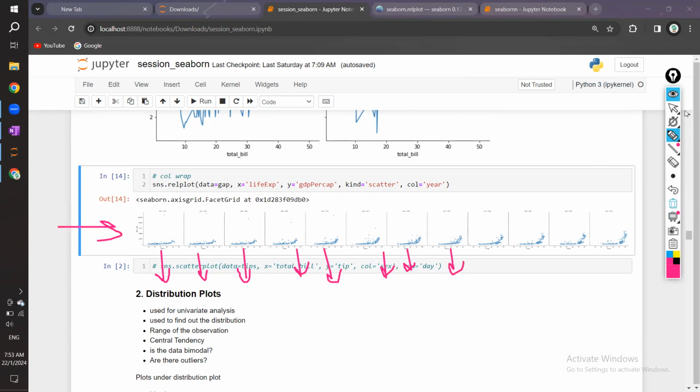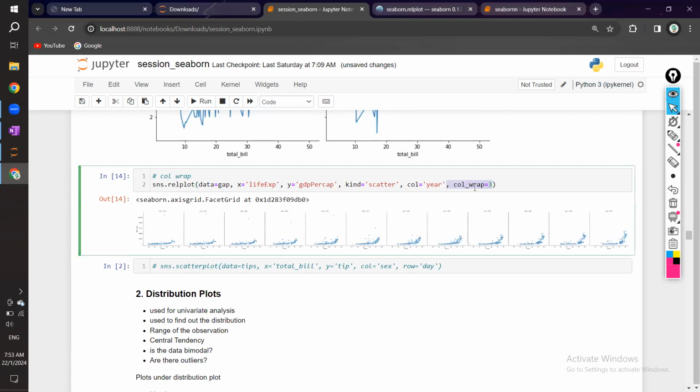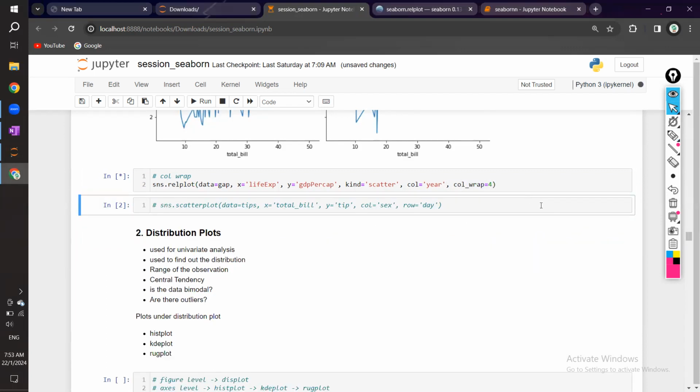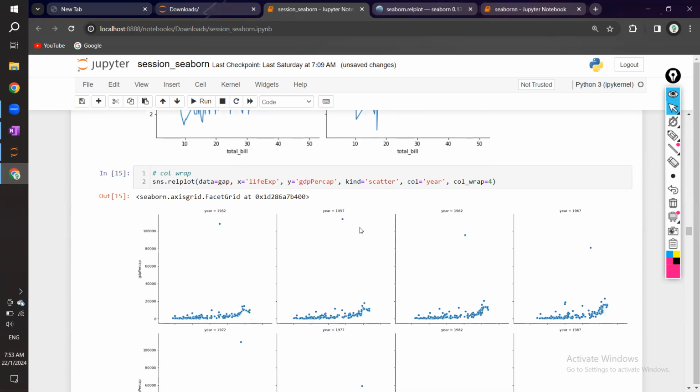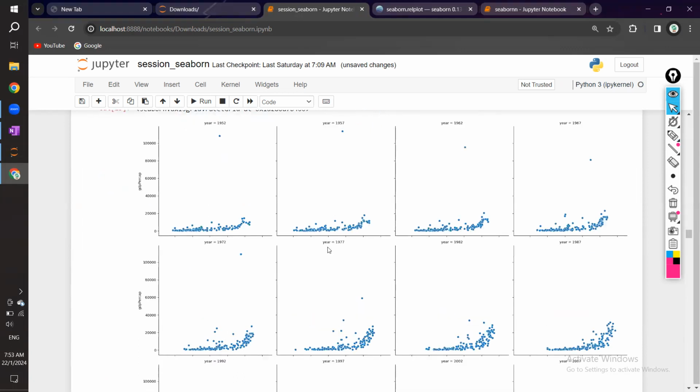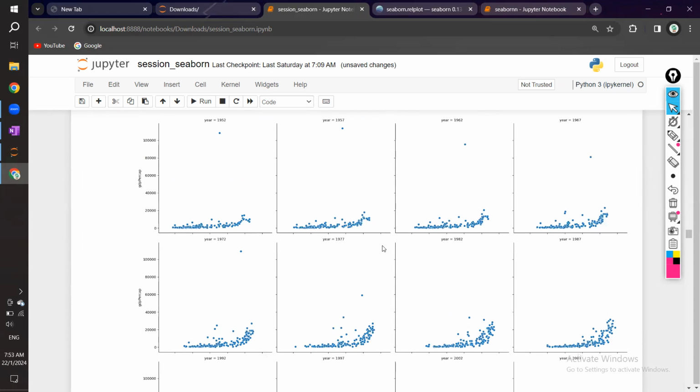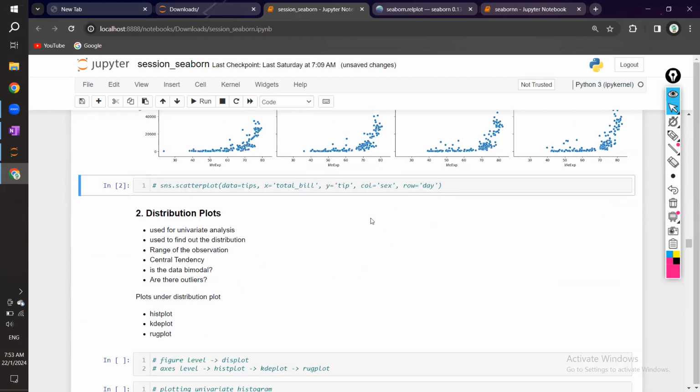But if I don't want that, for example if I take 4, it's divided one row into 4 columns. So I'll say col_wrap equal to 4, so it will create 4 graphs in each row, like this. Fine. So that's mostly about the